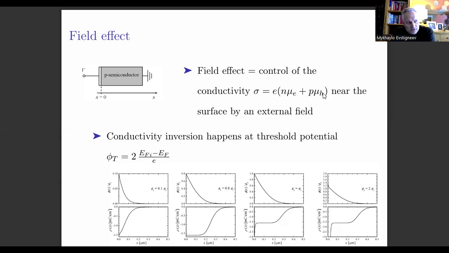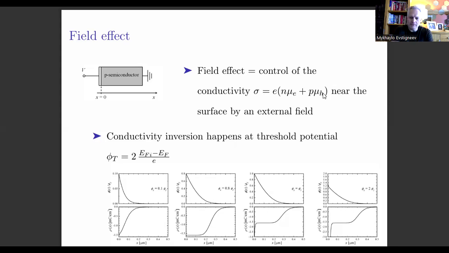But at the surface, you have a different kind of phonons, the so-called surface phonons. And besides, the concentration of defects and foreign atoms at the surface is usually higher than in the bulk. So the mobilities mu E and mu H have different values at the surface and in the bulk. Anyway,